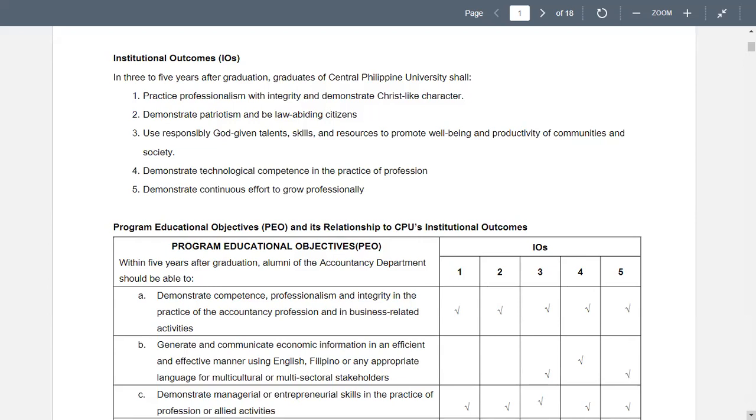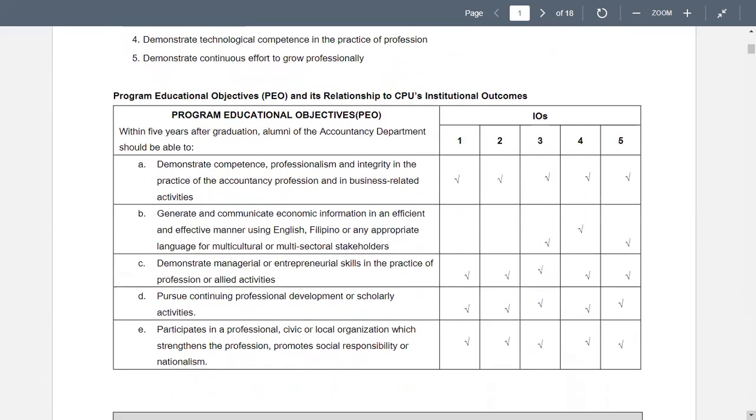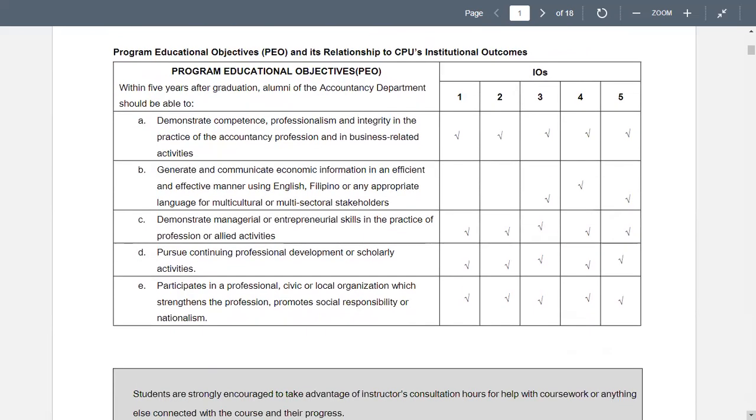Now, you will notice that these institutional outcomes, you will meet in all your subjects. So remember, in 3 to 5 years after graduation. So meaning by that time, you're already professionals and alumni of CPU. For the program educational objectives and the relationship to CPU's institutional outcomes, we have the institutional outcomes